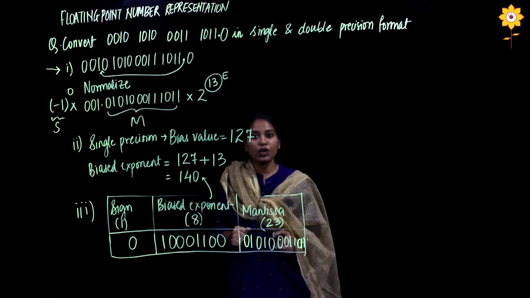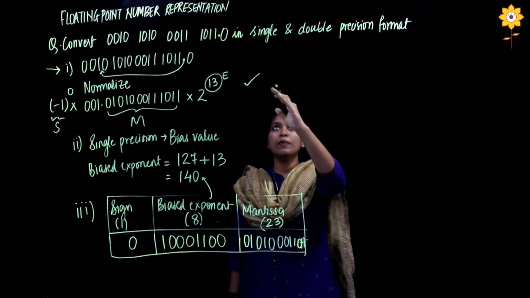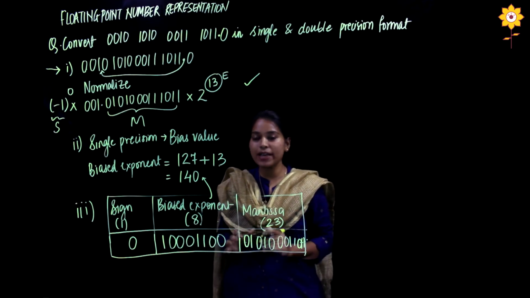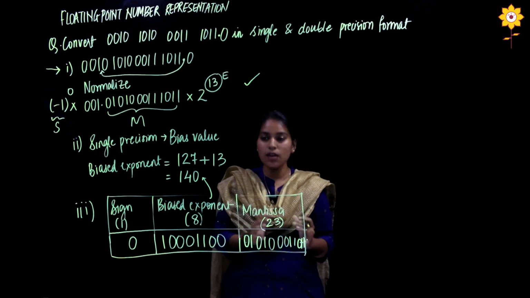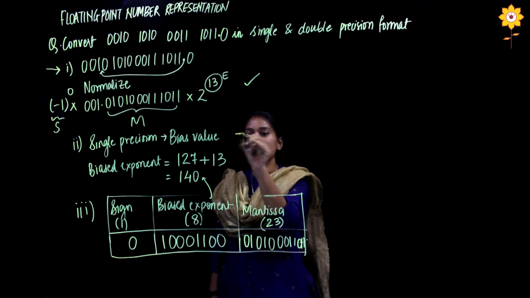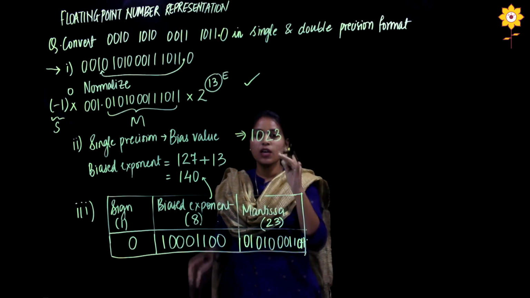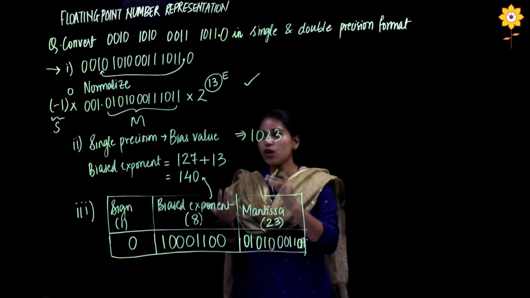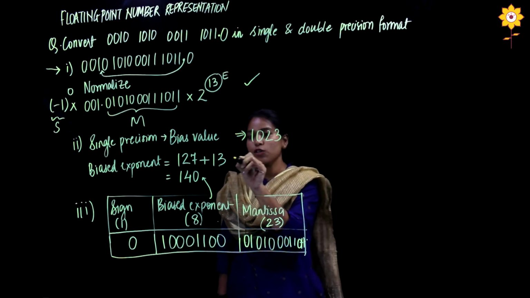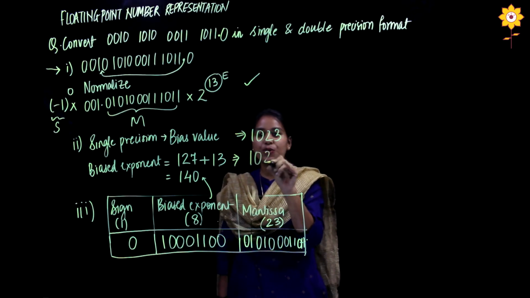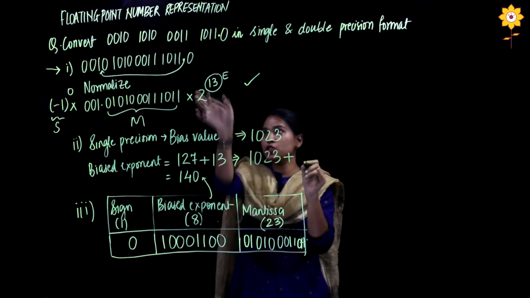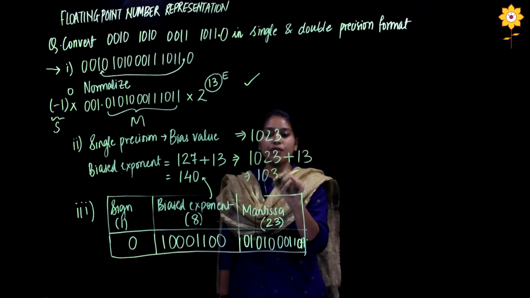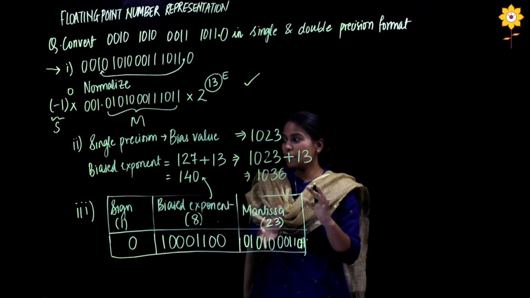So what all is going to change for double precision? So the first step remains the same for double precision format. In the second step, when we calculate the bias exponent, since the bias value is 1023, we will have to add, right? The bias value here is what? 1023. This has been explained in the previous video. So if you have any doubt, please go back and watch that video. So here the bias value is 1023. So the bias exponent comes up to be 1023 plus the actual exponent, which is what? 13. So you add it here and it is equal to what? 1036. So that we found the bias exponent.